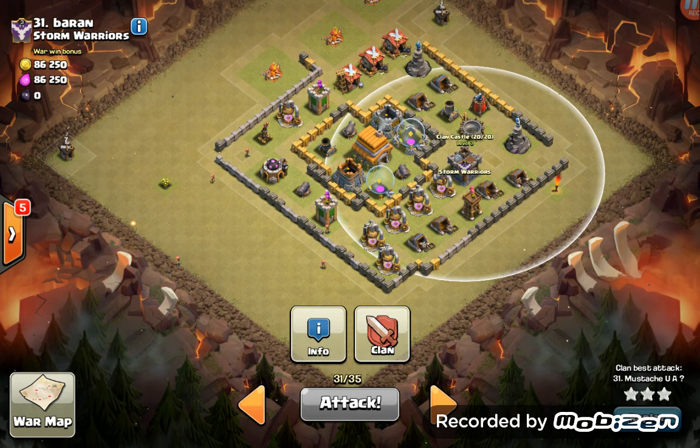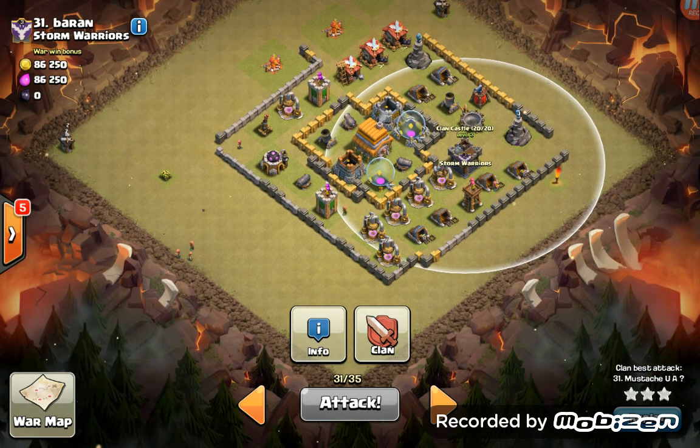Normally, if it's a 20, you've got to expect that there could be something like a dragon. If there's a dragon, we're going to be using a lot more of our archers, and we're going to waste a lot of them. In this war, I happened to scout their base before the war started, and I did